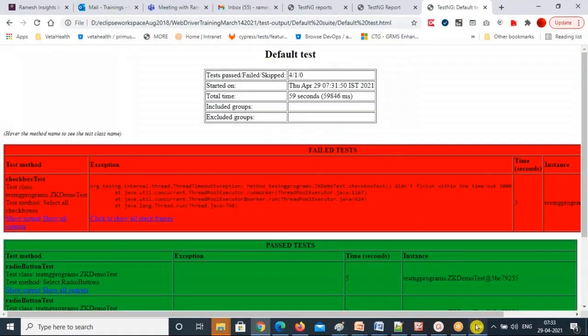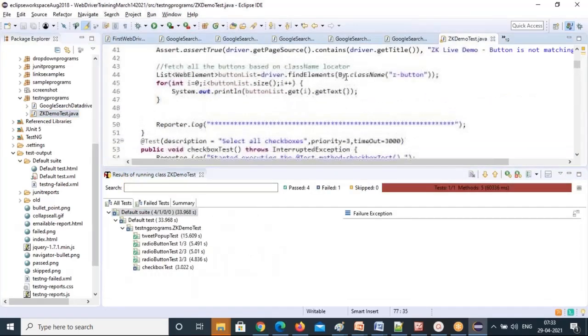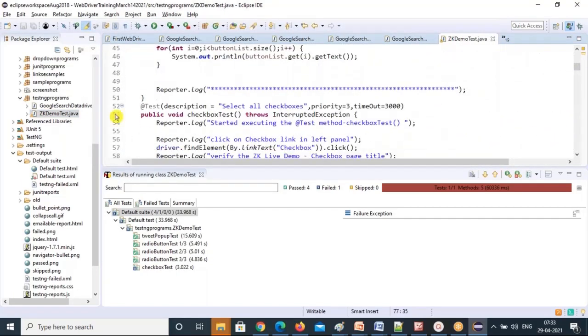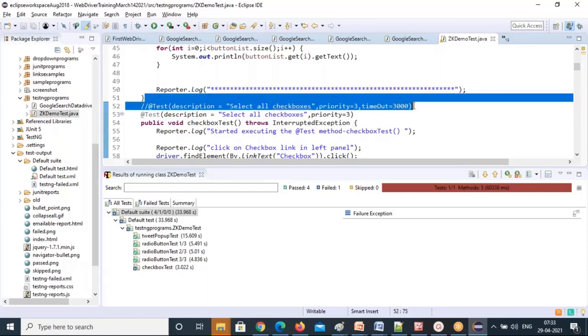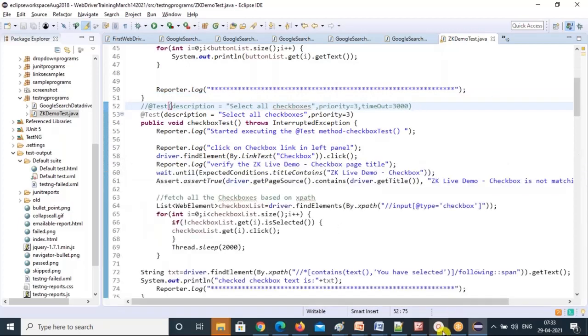Anyhow, the test case here fails because we made it a wrong time, right? I just wanted to show you the timeout. That's why we have given that. If you don't want it, you can comment it out if you want to make it pass. So I'll comment this out and I can use this. Okay. So like this, you can do that also. I'm just putting comments so that you can see, okay, timeout also we have used like this. So this is all about keywords. Few keywords we have seen today. Tomorrow we'll see the rest of the keywords.